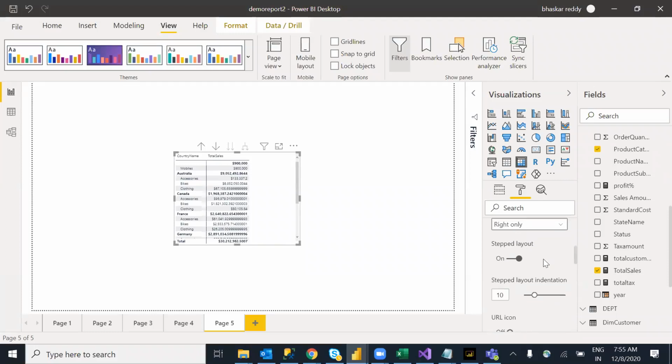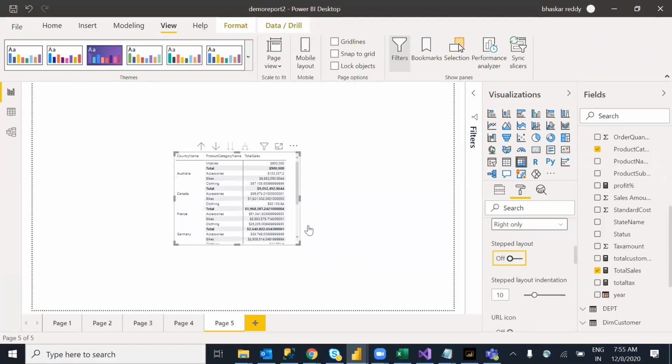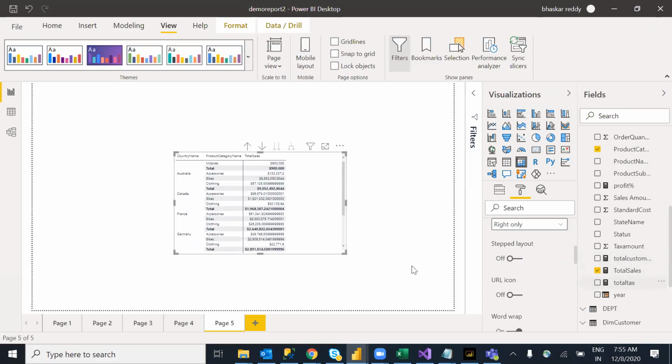Where is that property? I have removed it. Check why the grand totals is not coming. Earlier it was fine. Total tax, let me use it. Let me check.